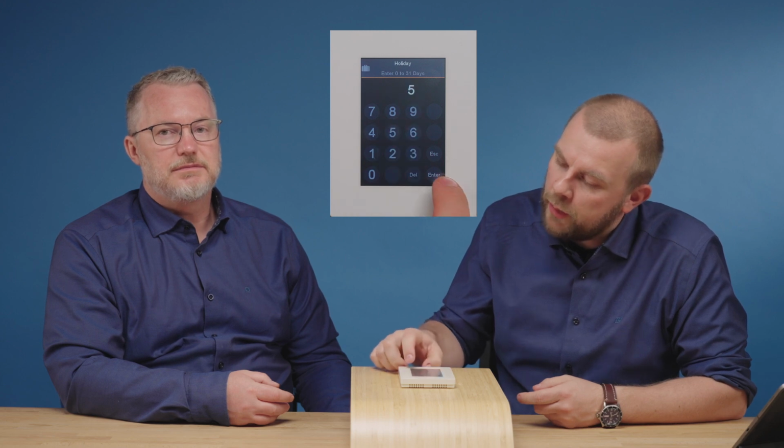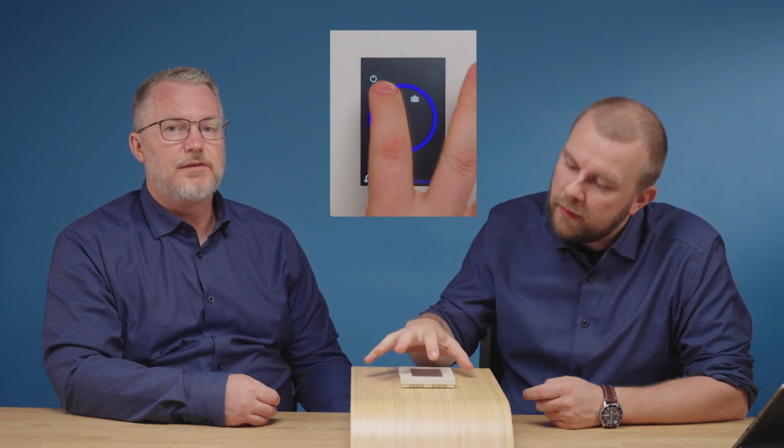I will be 5 days away, in Mallorca or something. Nice. Now we have entered the frost protection mode, with an 8-degree set point. If the temperature drops below 8 degrees, the controller will start warming up. And if I come back home earlier than 5 days, I just push the display, or you can press directly from the main screen up on this small symbol. Either from there or from the main user interface.